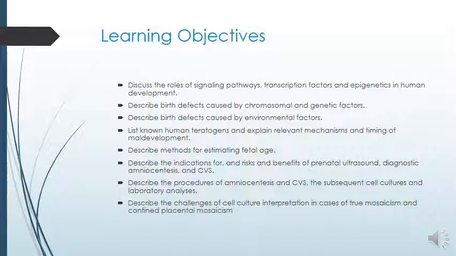and epigenetics in human development, to describe the birth defects caused by chromosomal and genetic factors, describe birth defects caused by environmental factors, list the known human teratogens and explain relevant mechanisms and timing of maldevelopment, describe methods for estimating fetal age, describe the indications for and risks and benefits of prenatal ultrasound, diagnostic amniocentesis and CVS,